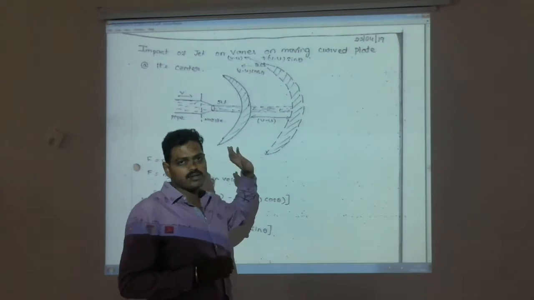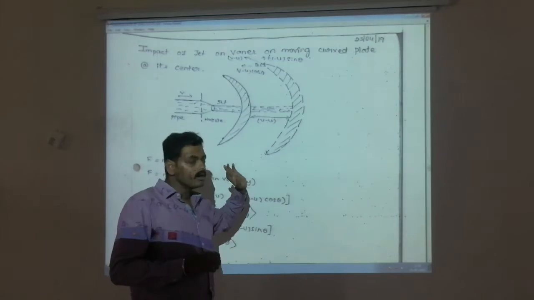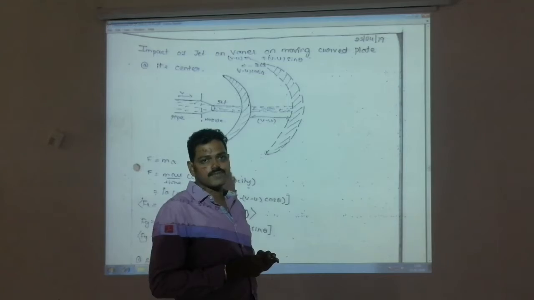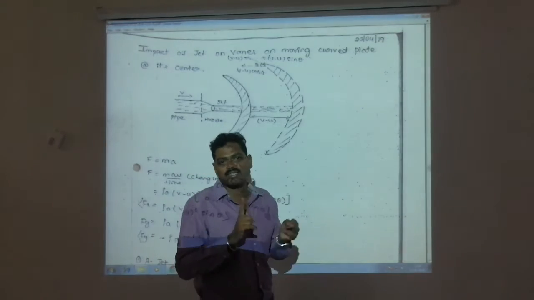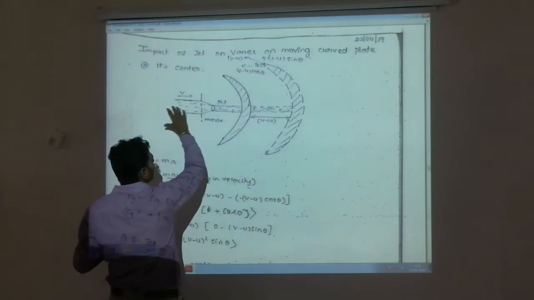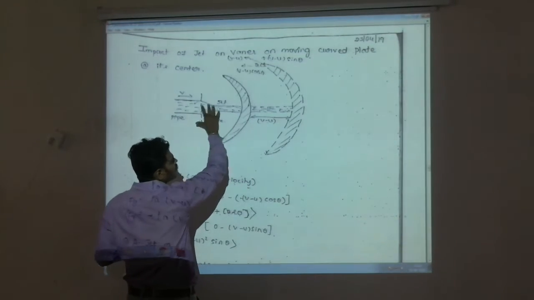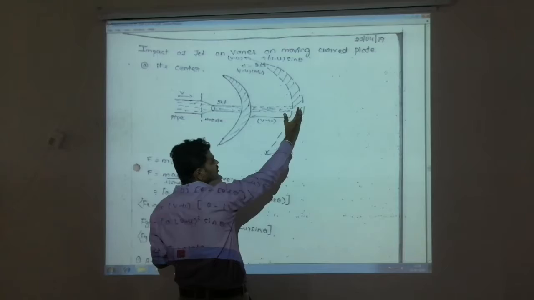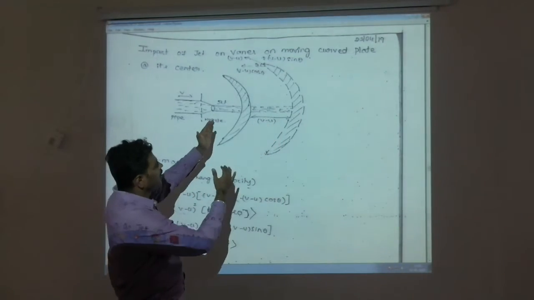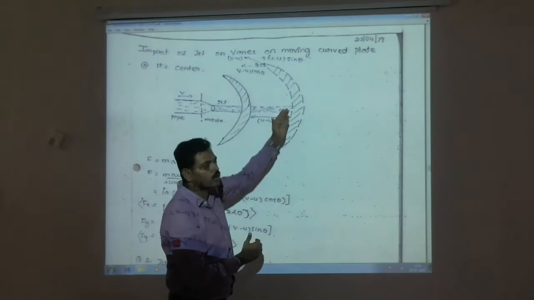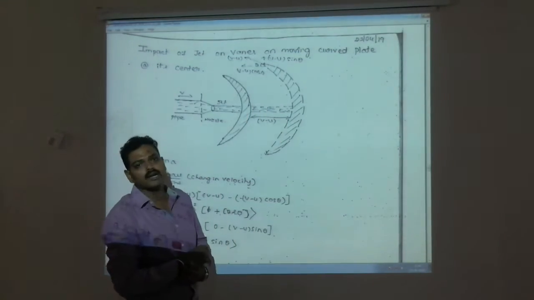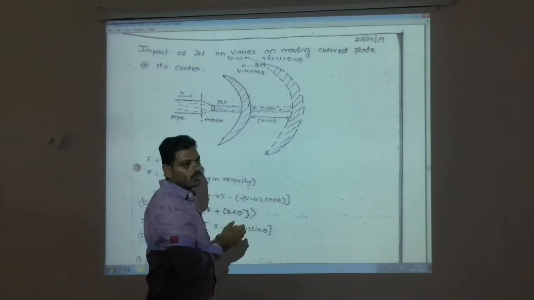Now for the first one, for the curved moving plate, when the jet is acting exactly at the center, what is the force exerted by the jet? It is nothing but in x direction as well as in y direction. Here we can see the moving curved plate and the pipe, the jet of water traveling. When it strikes, the plate will move some distance and the relative velocity will become v minus u, because the plate moves with velocity u and the initial velocity of the jet is v.